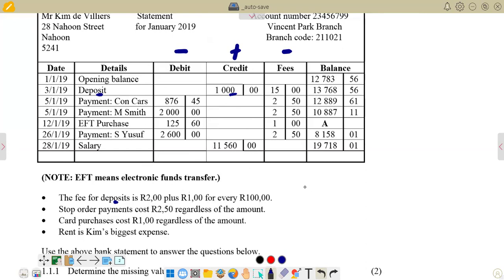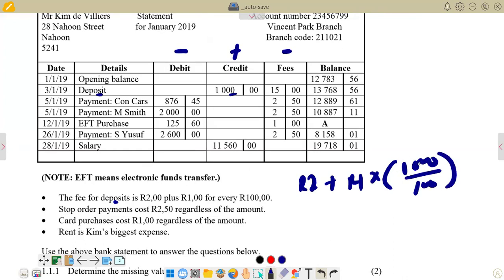So basically, we are saying it's going to be 2 rand, and then we add 1 rand times the total amount that we have, which is 1,000, and then we divide it by 100 so that we see how many 100 rands are inside 1,000. If you say 100 into 1,000, you are going to get your 10, and then you multiply by 1 rand to get your 10 rand. And then you add 2 rand to get your total, and then we verify if it's equal to 15